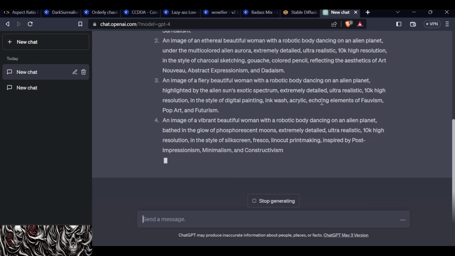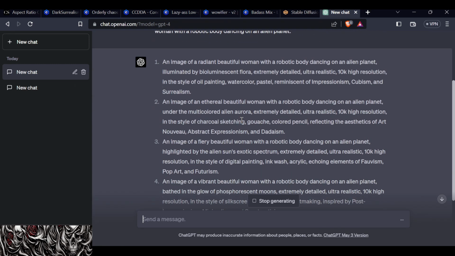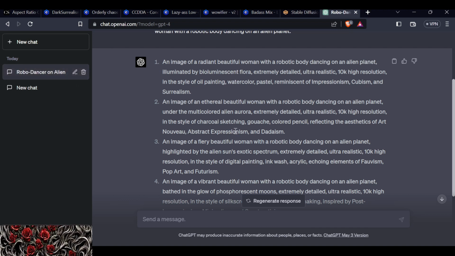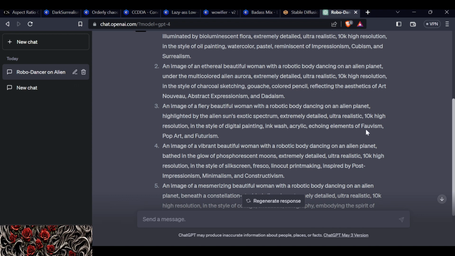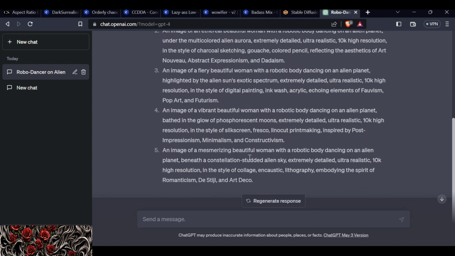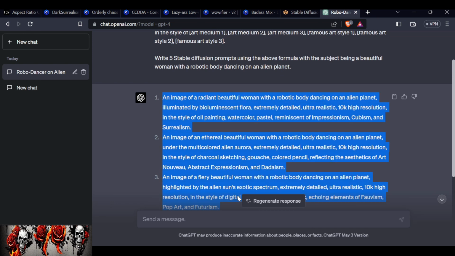It'll give you stuff like, let's take a look. Cubism, Impressionism, and Surrealism. Abstract Expressionism, Art Nouveau, and Dadaism, pop art and futurism, and fauvism. Sometimes it'll give you some of these, and they don't come out looking good at all. But sometimes they'll come out looking really good. So you'll want to save that. If you get a really good lineup here, and if you like this, you can save that, put it in your modifiers group. Maybe one day you're working with an image, and you're like, hey, I really like the way that one came out. I'm gonna try and see if I can